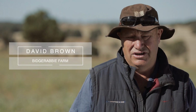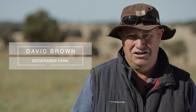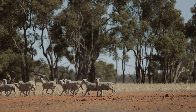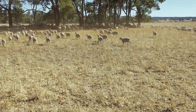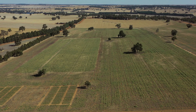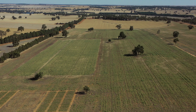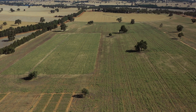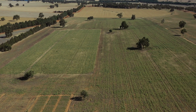Most seasons are pretty challenging come that February, March. When the feeds run out, this Lanza should be able to provide that green bridge which the sheep can put weight on, and gets you through without having to use grain to feed the sheep. It costs a lot of money to feed lupins and grain, whereas if you've got this growing in the paddock